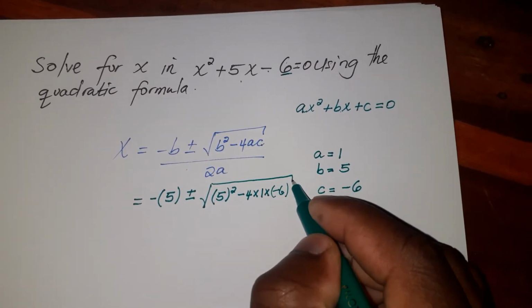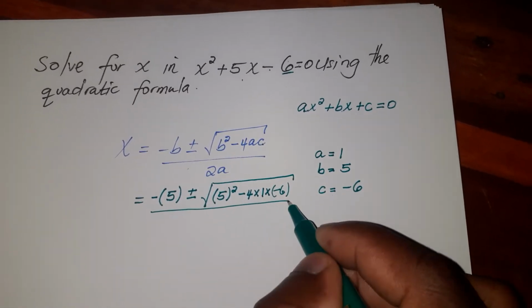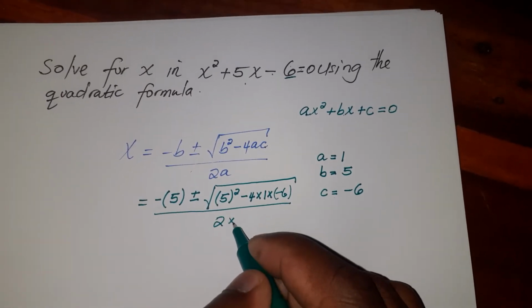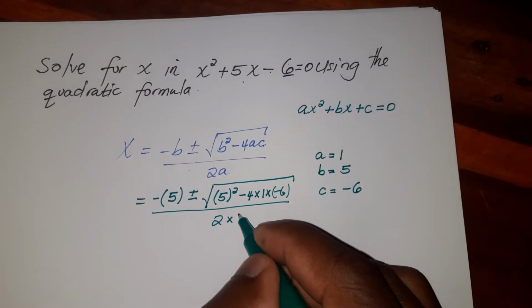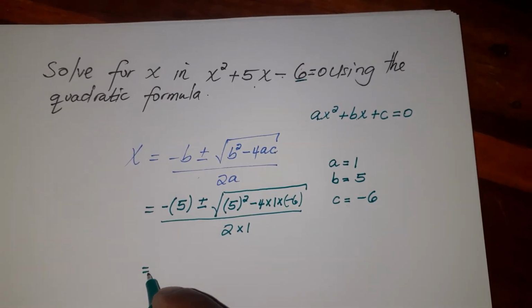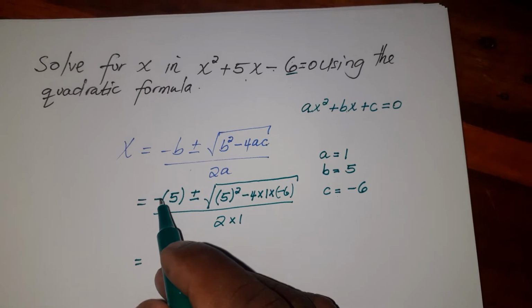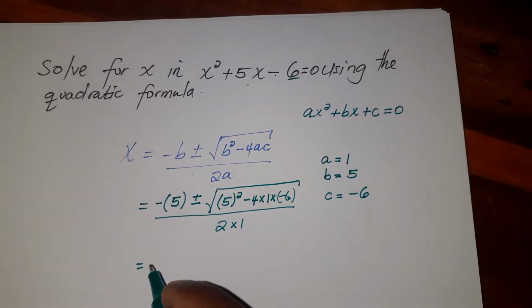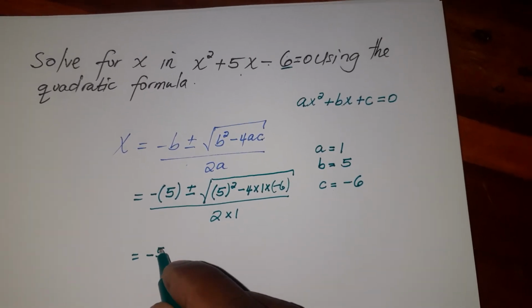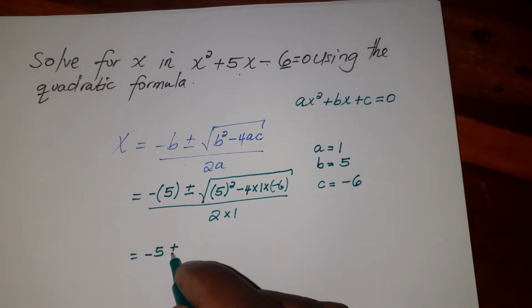Everything under the square root, and then everything over 2 times a. Our a is 1. Then we can simplify this. Here, negative times positive 5, we get negative 5, plus minus